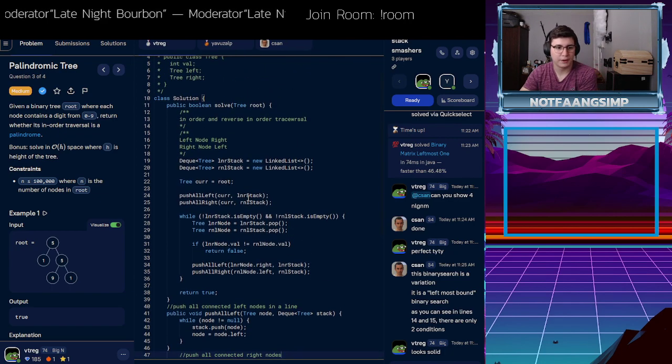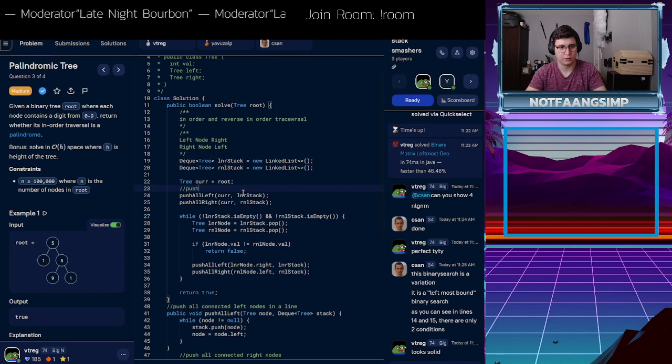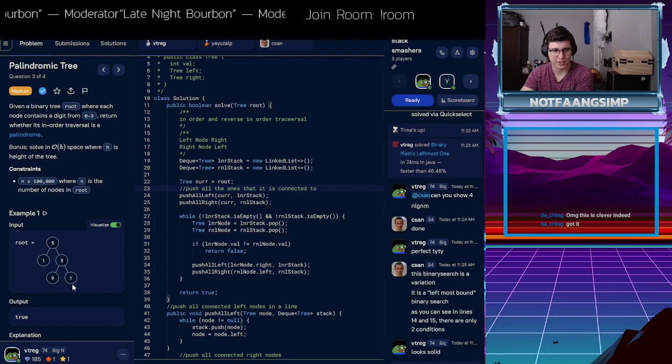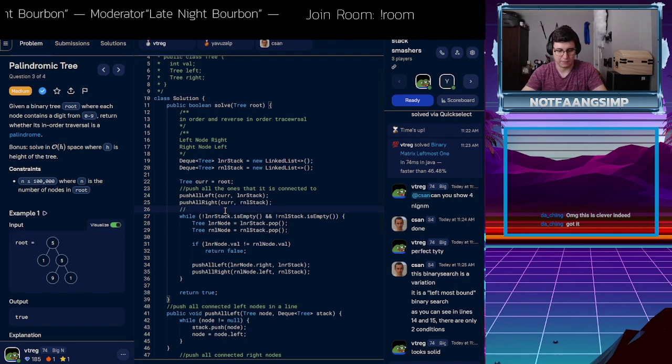And then what we want to do is we take the root and we want to push all the ones that it's connected to. Because I think, from my understanding, the reason this works is because going all the way right will give you this last node, and then this one will be the left node. And then pretty much just repeat these steps